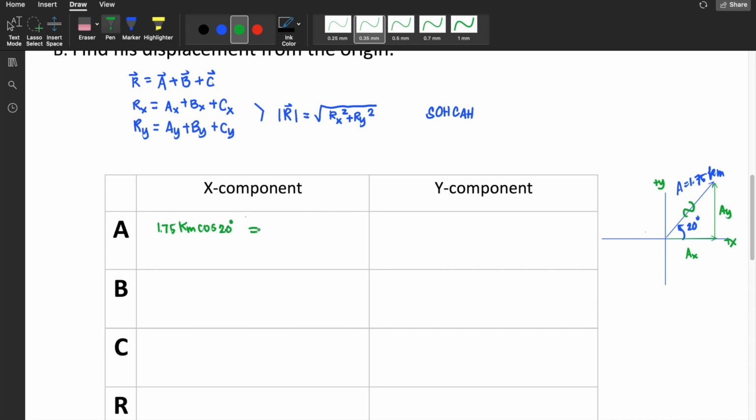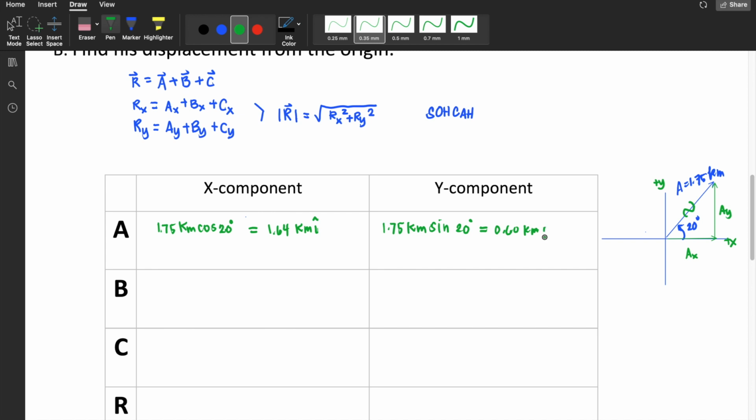So the answer would be 1.64 kilometers i hat. On the other hand, your y component is on the opposite side of angle 20, so you'll have sine. So 1.75 kilometers sine 20 degrees. So the answer would be 0.6